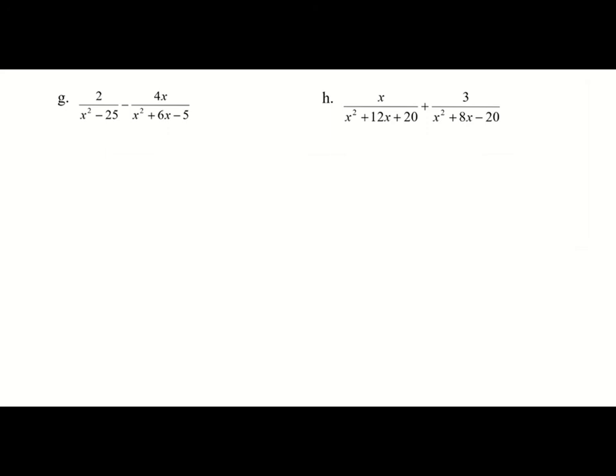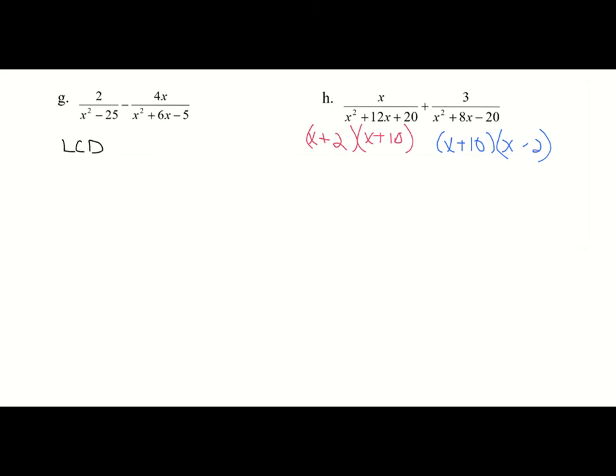X squared plus 12x plus 20 is going to factor to, I can multiply 2 and 10 to get 20, and that will add to 12. So it's going to be x plus 2 times x plus 10. And then on the other one, it's going to factor, so I needed 8 this time, different signs. So 2 and 10 again, but this time it's going to be x plus 10, x minus 2, because that will give me negative 20, but also add to positive 8. So now when I'm finding my LCD,